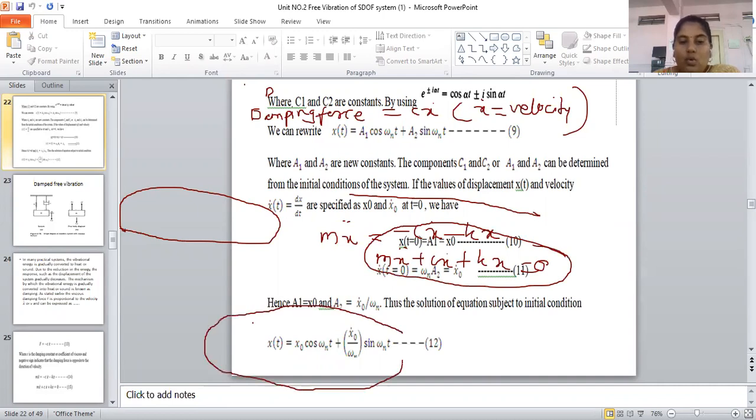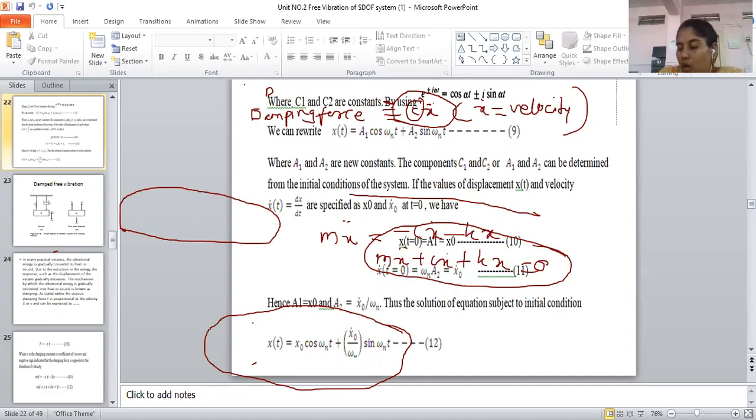But you should know that FD is the damping force, which is equal to cx dot, where c is the damping coefficient and x dot is the velocity. The damping force is proportional to cx dot, but considering the sign, the damping force is opposite to the direction of velocity. Taking this free body diagram, directly we can put mx double dot is equal to minus cx dot minus kx, equation 14, and the equation becomes mx double dot plus cx dot plus kx equal to 0.